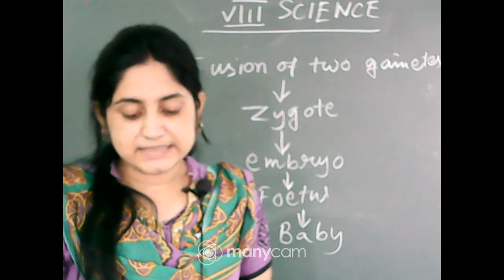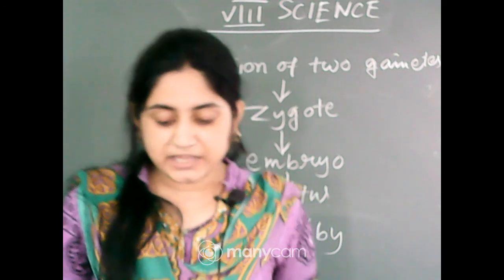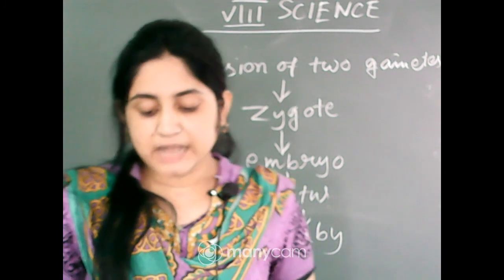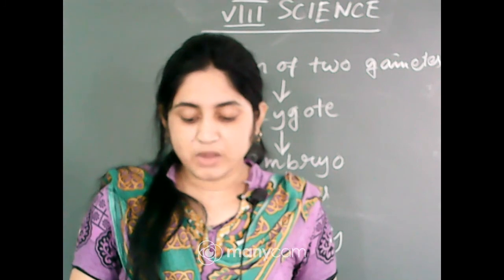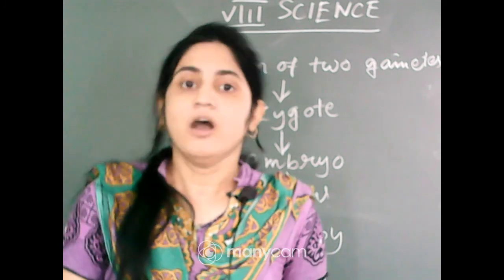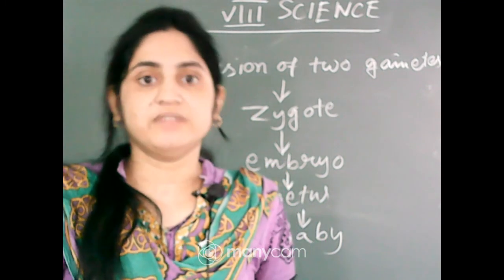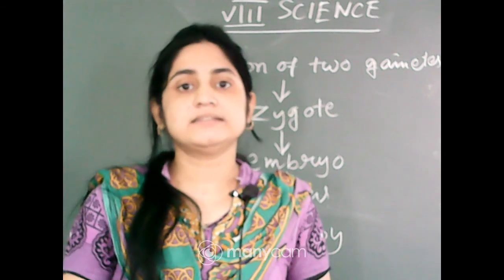Internal fertilization takes place in hens also, but does a hen give birth to babies like human beings and cows? You know that they do not. Then how are chicks born? Let us find out. So you have seen that all animals cannot lay eggs, or all animals cannot give direct birth to small individuals. Okay, so why this type of difference?